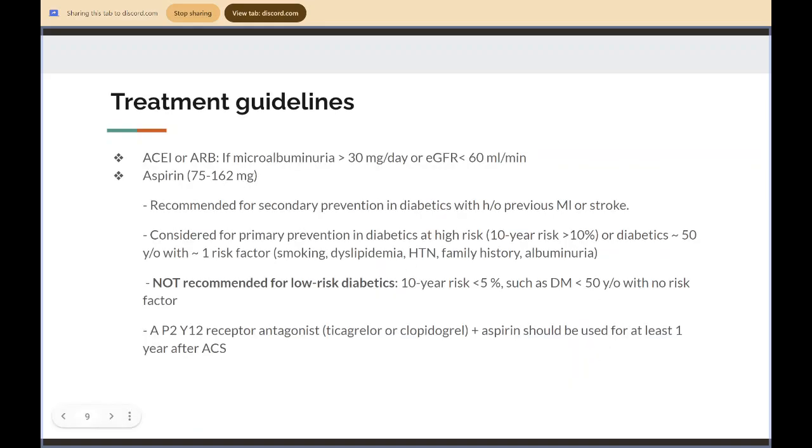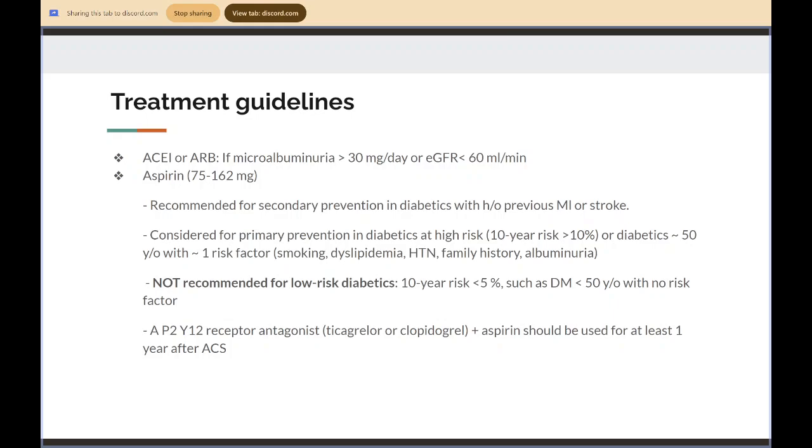So treatment guidelines: ACE inhibitors or ARB, especially if microalbuminuria is present and or if eGFR is below 60 mL per minute. Aspirin, we do baby aspirin, but 75 to 162 mgs shows the best positive results. It's recommended for secondary prevention in diabetics with history of previous MI or stroke, and it is considered for primary prevention in diabetics at high risk